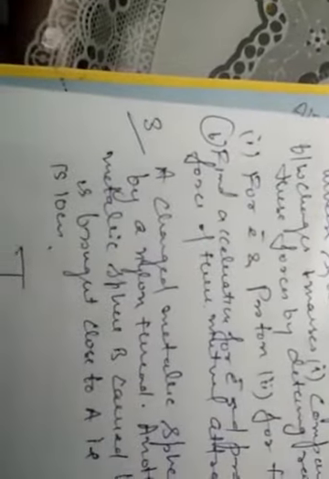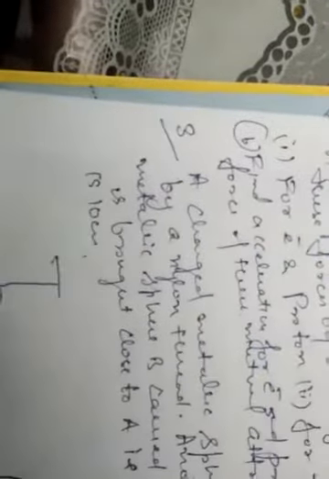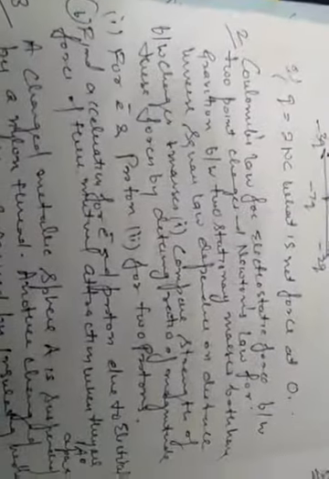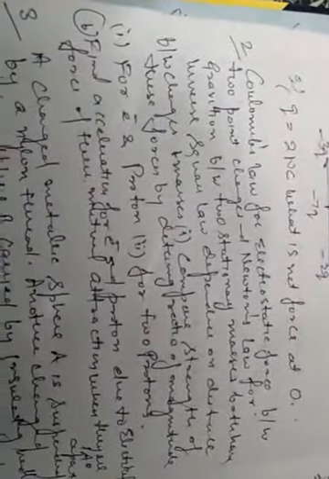Now the next question is: Coulomb's law for electrostatic forces between two point charges and Newton's law for gravitation between two stationary masses both have the same inverse square law dependence on the distance between the charges and masses. Compare the strength of these forces by determining the ratio of the magnitudes for an electron and a proton, and for two protons. It means we have to compare the electrostatic force and the gravitational force between the two charges, first for an electron and a proton, and then for two protons. So these two cases are going to be studied.